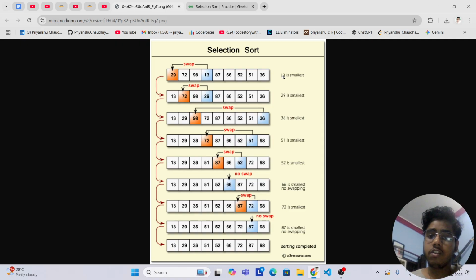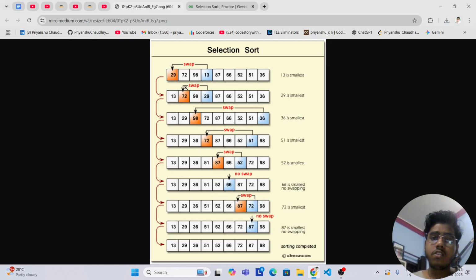Okay, so here we can see it is also written 13 is the smallest. So now we have to just swap this. Okay, so after swapping 29 and 13, we can see in the next step that 13 is at its correct position. So we can see that our 0th index is sorted. I mean, 0th index is fixed.